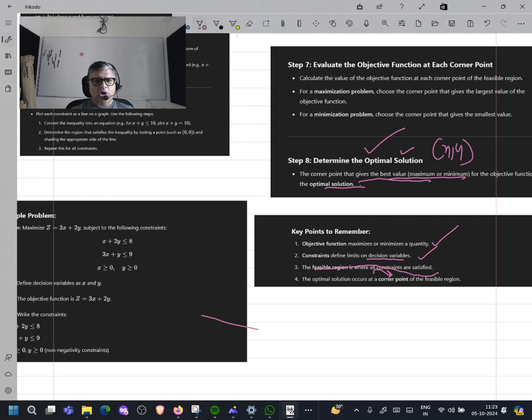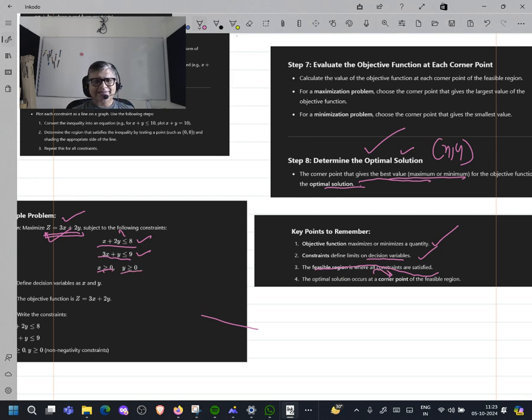Now let me pick up a solved example to help you understand this topic. You can see there is a function which is given that needs maximization. So in this case, a worded problem is not there. You already have an example where the objective function is there. The constraints coming from the decision variables are these. See, the equation is given: x plus 2y is less than equal to 8, 3x plus y is less than equal to 9, x is greater than equal to 0, y is greater than equal to 0. So 4 constraints are given.